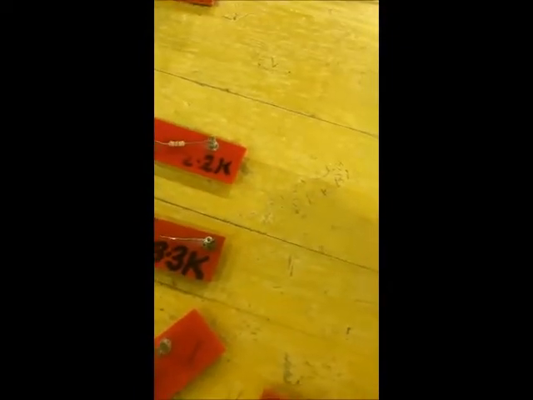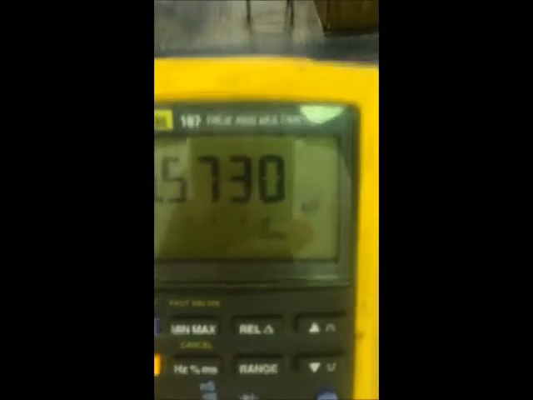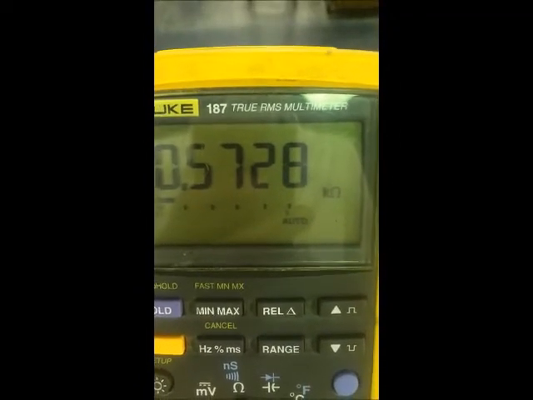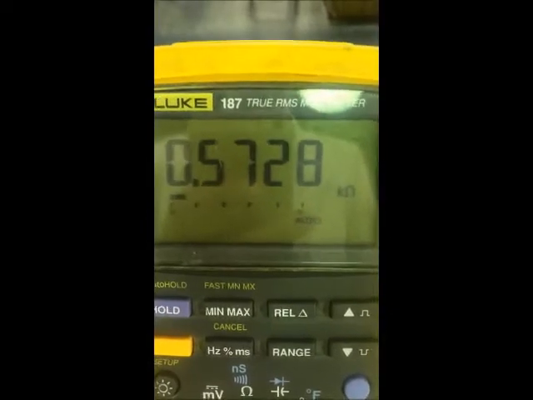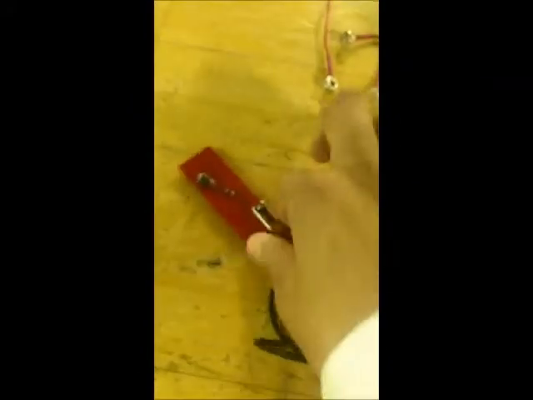Here is the 500 ohms, so I connect it in this way. And it comes to be 0.572 kilo ohm, which is 572 ohms. And here we have 500 ohm, so we write here 572 ohms. After checking all the resistances,